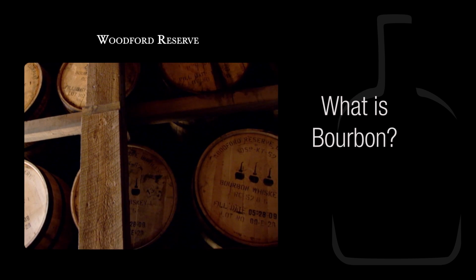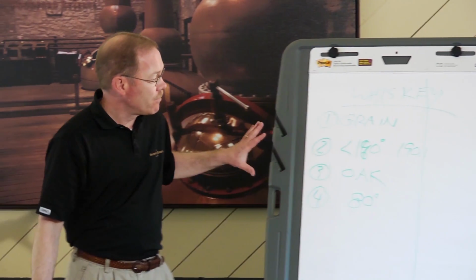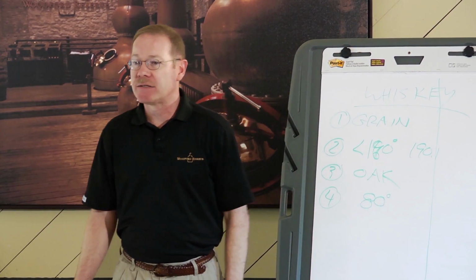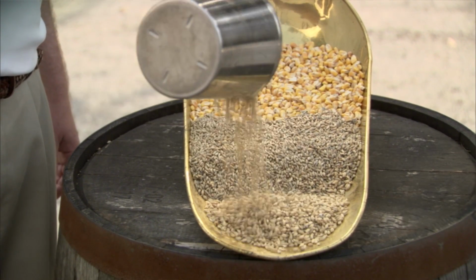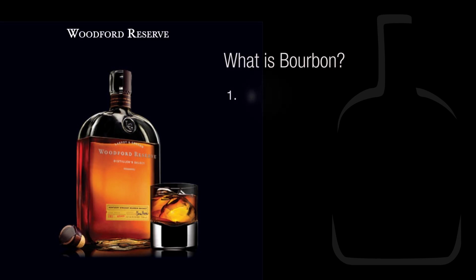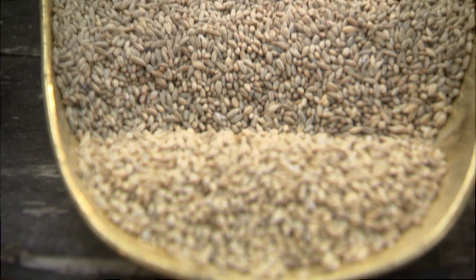So what are the bourbon rules? If this is the global whiskey rule, how do the bourbon rules line up against this? What do we know about bourbon's grain recipe? Does it specify a particular grain? At least 51% corn. Global, use grain. Bourbon, you have to use corn.